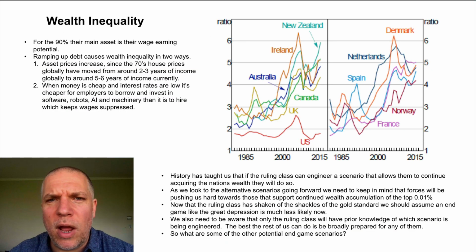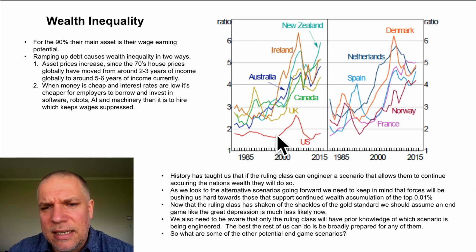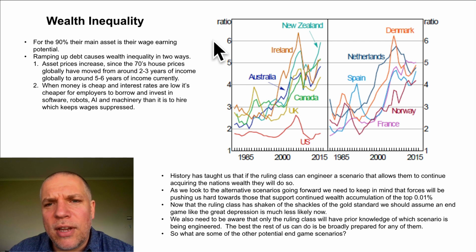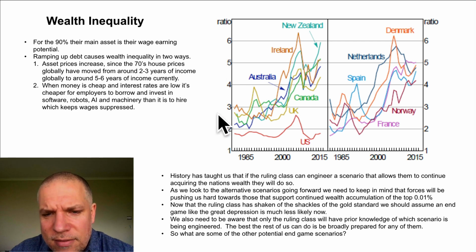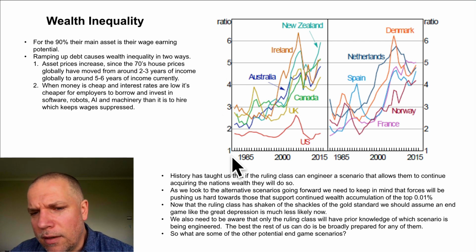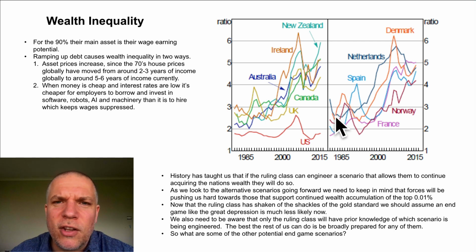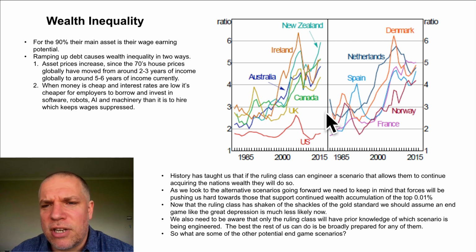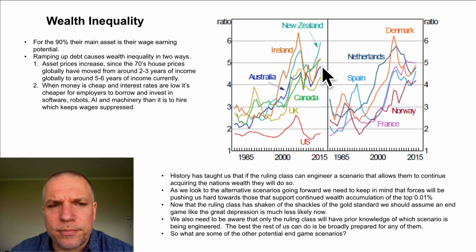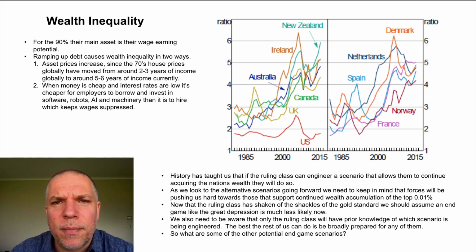This also explains that inequality in wealth and how it affects the wage earners. What you've got on the right here is the ratio of incomes to house prices globally. Again, it's going back to the 70s to current times, and you can see around the 70s, before the gold standard was broken, 2 to 3 years' worth of income was enough to buy an average house in all these different nations. And sure enough, today, you're needing 5 to 6 times the average salary to buy the average house. So you can see how the wealth share of the wage earner has decreased.